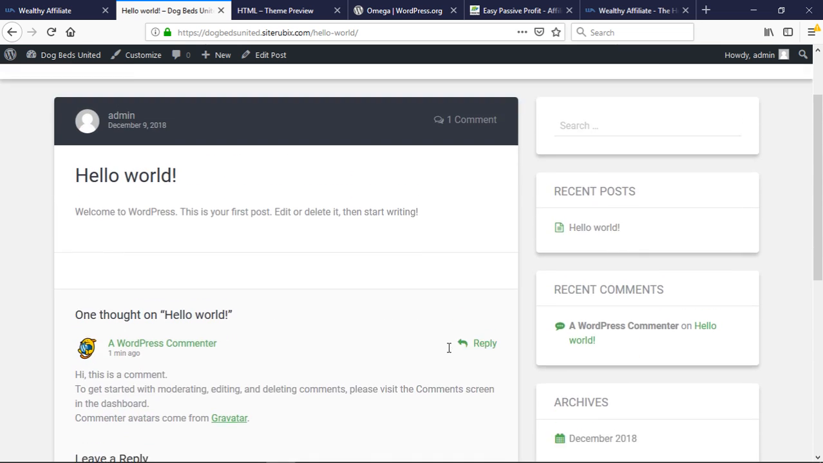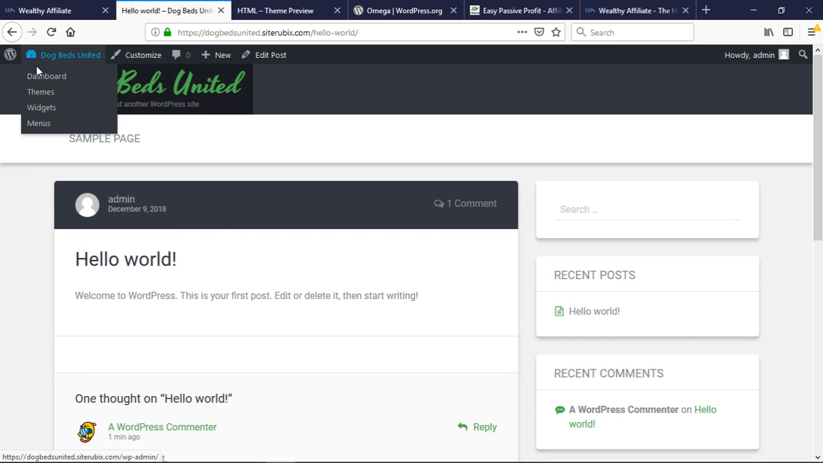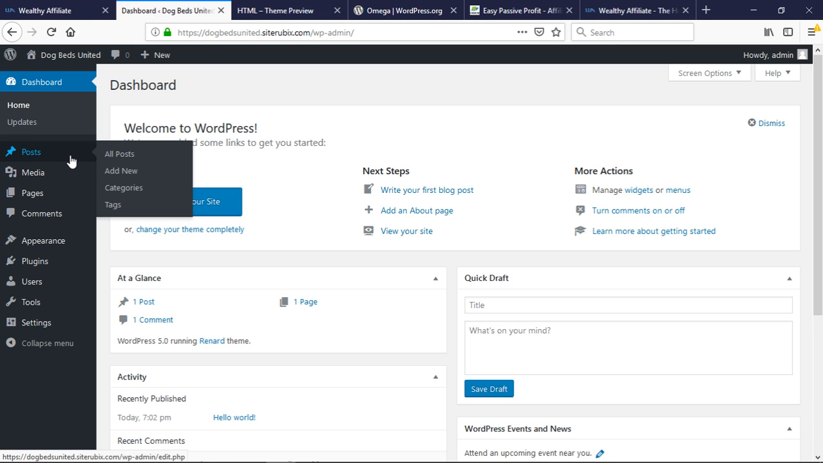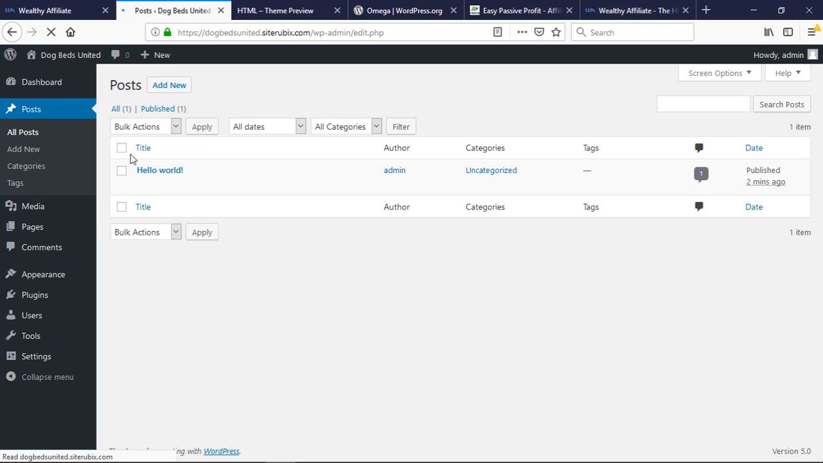In order to do that, you'll go to Dashboard. You go to Posts and All Posts. Another thing you can do if you just want to delete the comment is go to Comments and delete the comment itself. But since it's on the same post, and I just want to get it all deleted, you'll go to All Posts and then